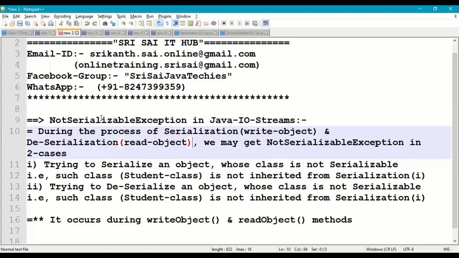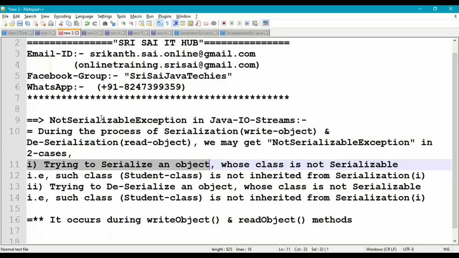And during this process, we may get not serializable exception in two cases. So first one, it goes like this: not serializable exception. So when we try to serialize an object, write object.